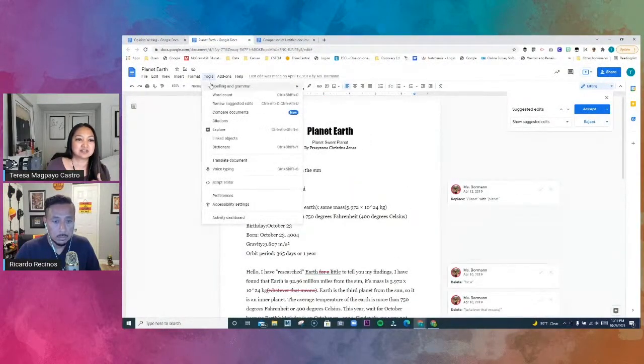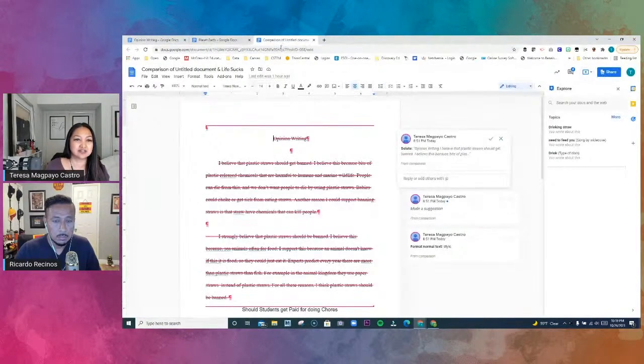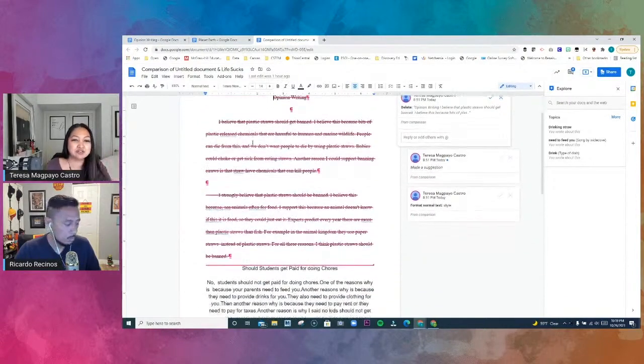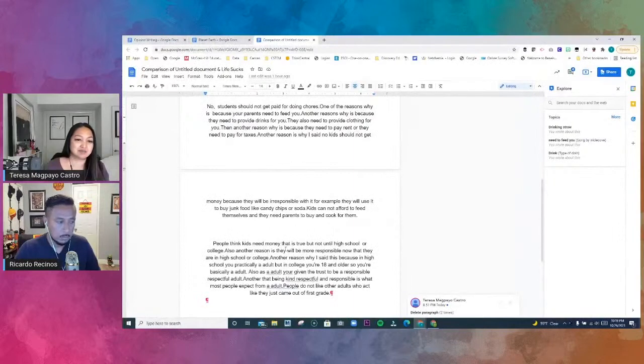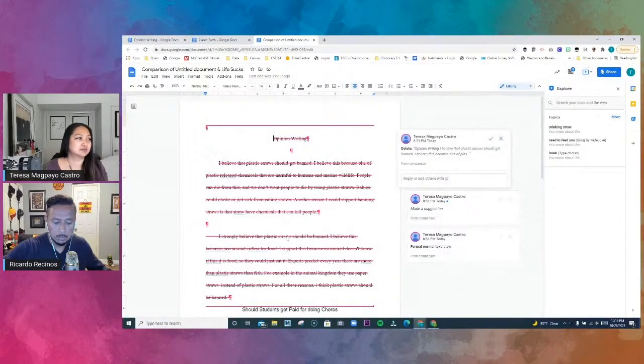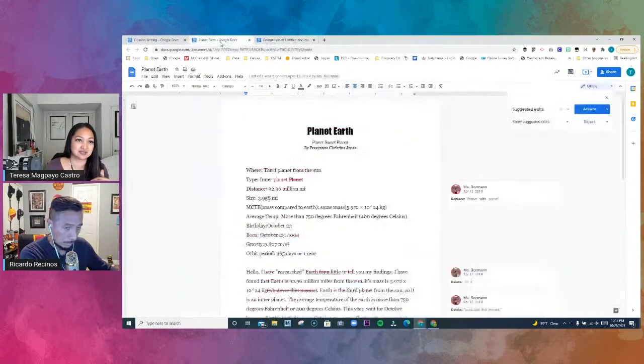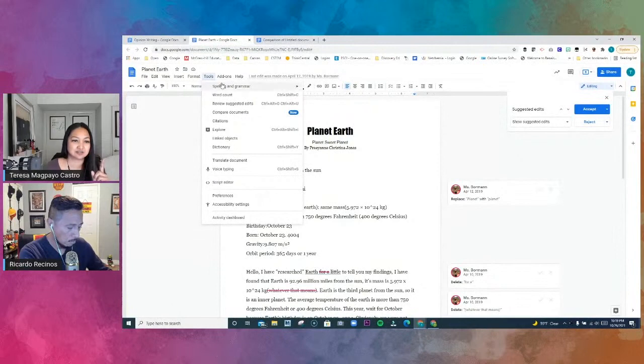Okay, so let me continue. I can compare documents. This is a new thing. You can see right here, it says new. I just wanted to tell you what it does. I had a document, and I compared it with another document that had some similarities, but not all of it. When I compared them, it made this brand new document automatically. The parts that were similar or exactly the same, it kept. The parts that were not, it removed. I'm not exactly sure how I would use that yet, but I just wanted you to know that tool was in there. Bet you could find a use for that.